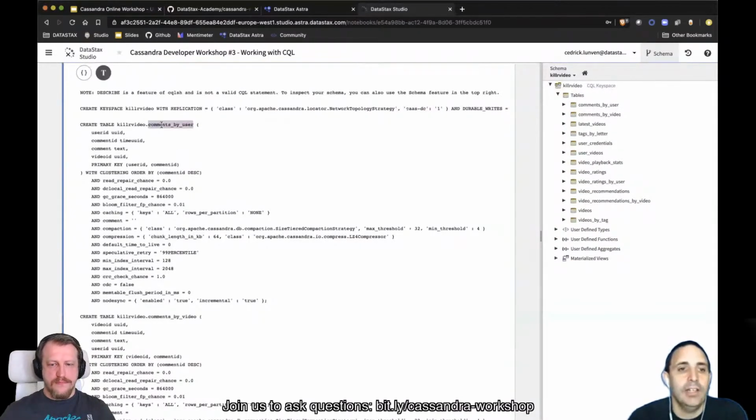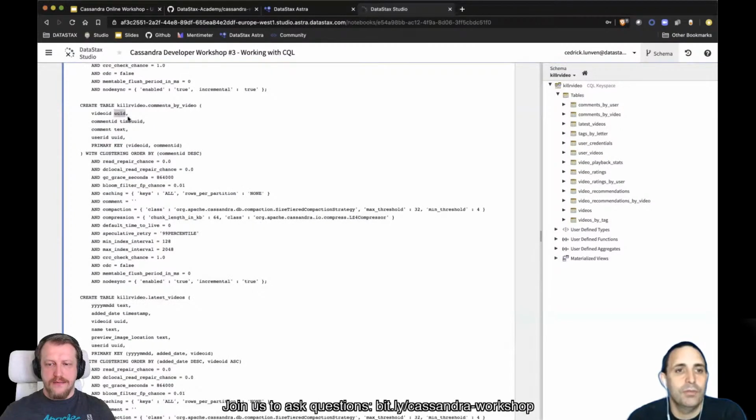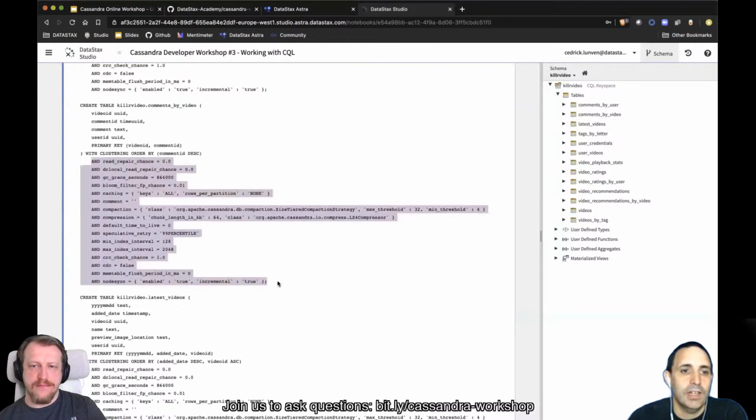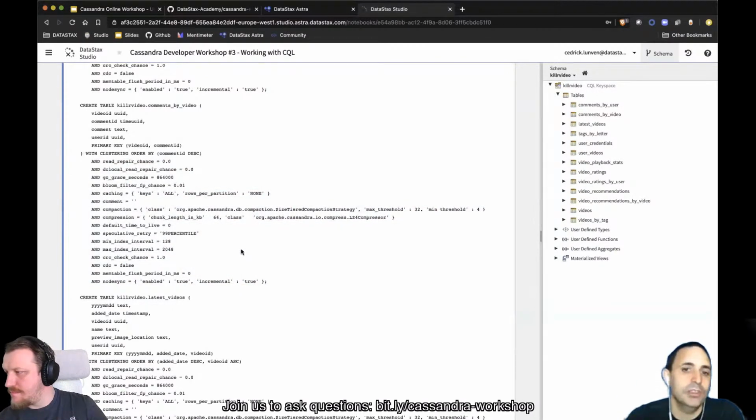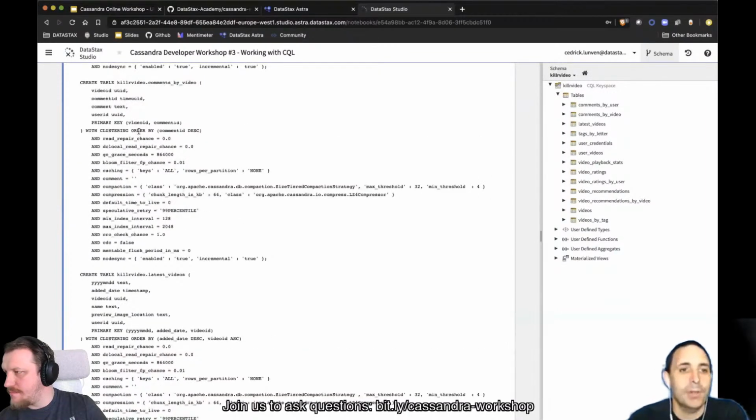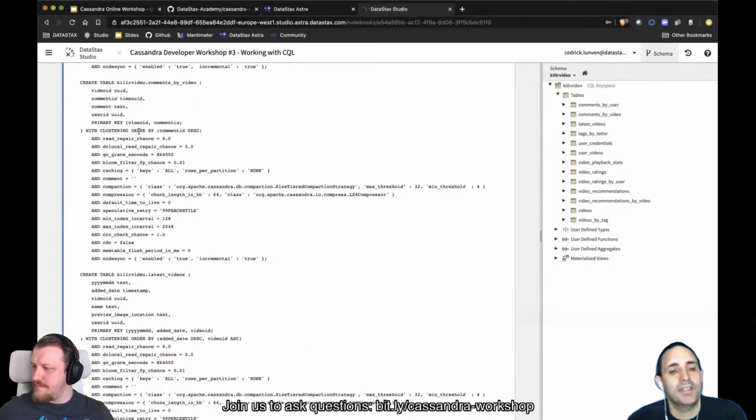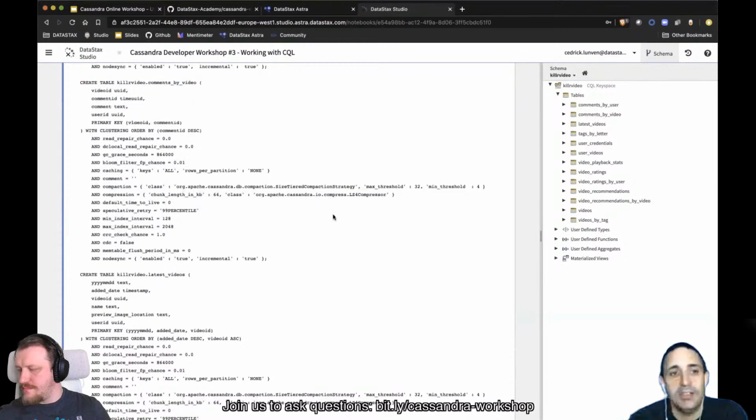And you do have all the tables with types, primary key, and all the metadata for this table. As you can see, Cassandra created a lot of metadata by default. We won't go into each detail today, but all those settings you can see here, you can fine tune as you need per table.